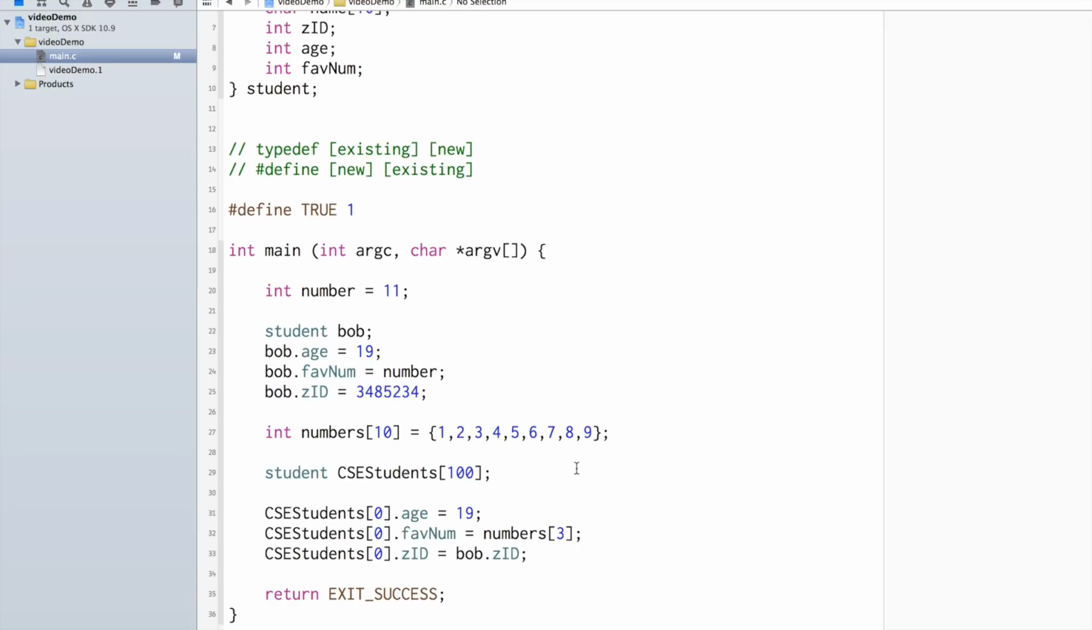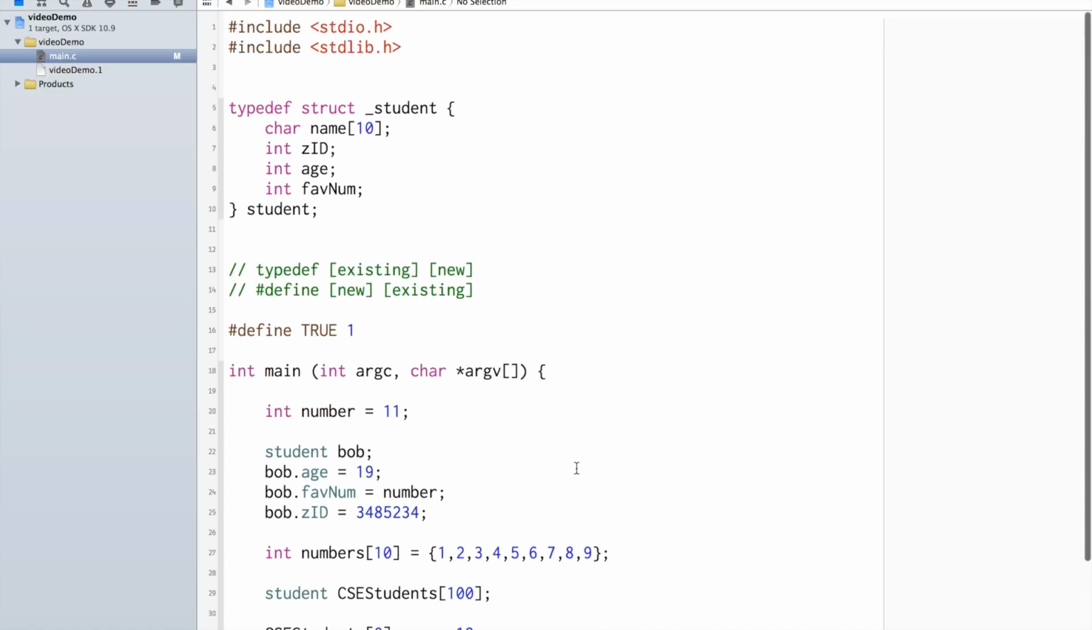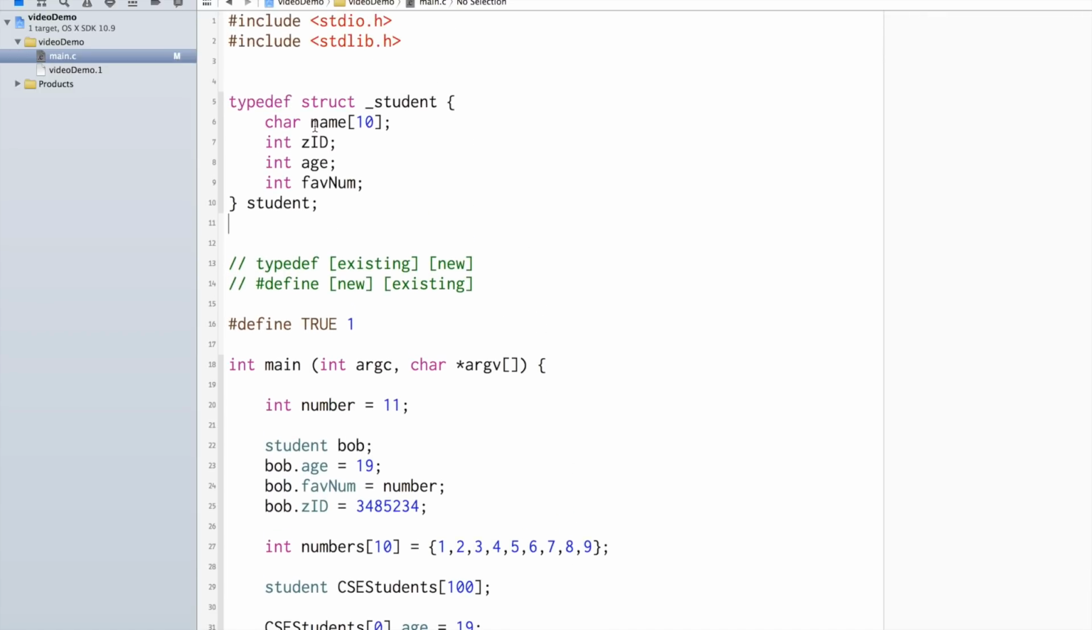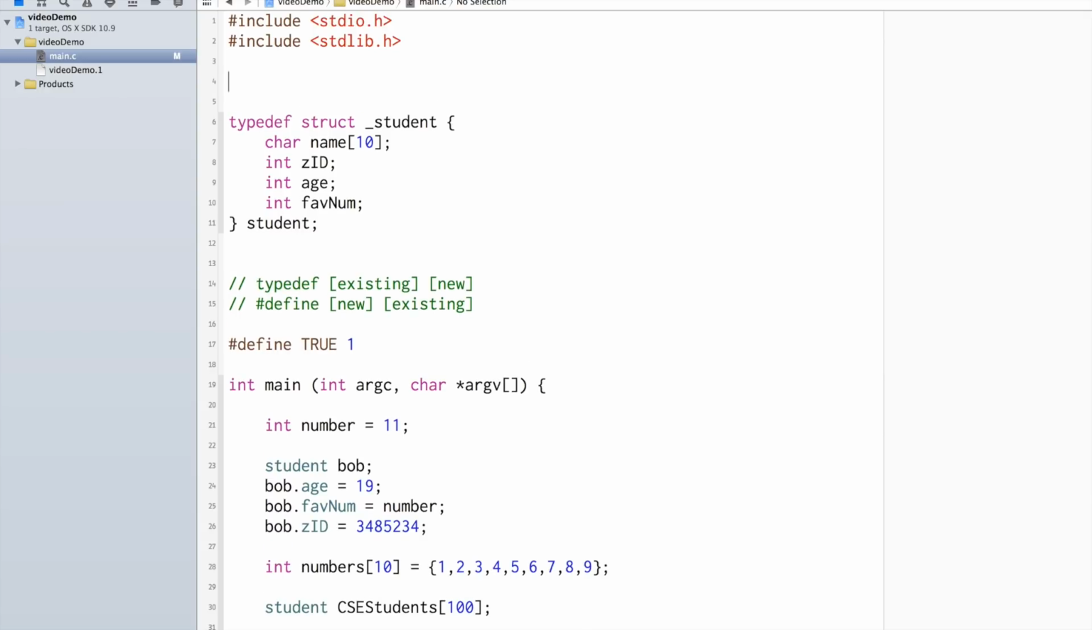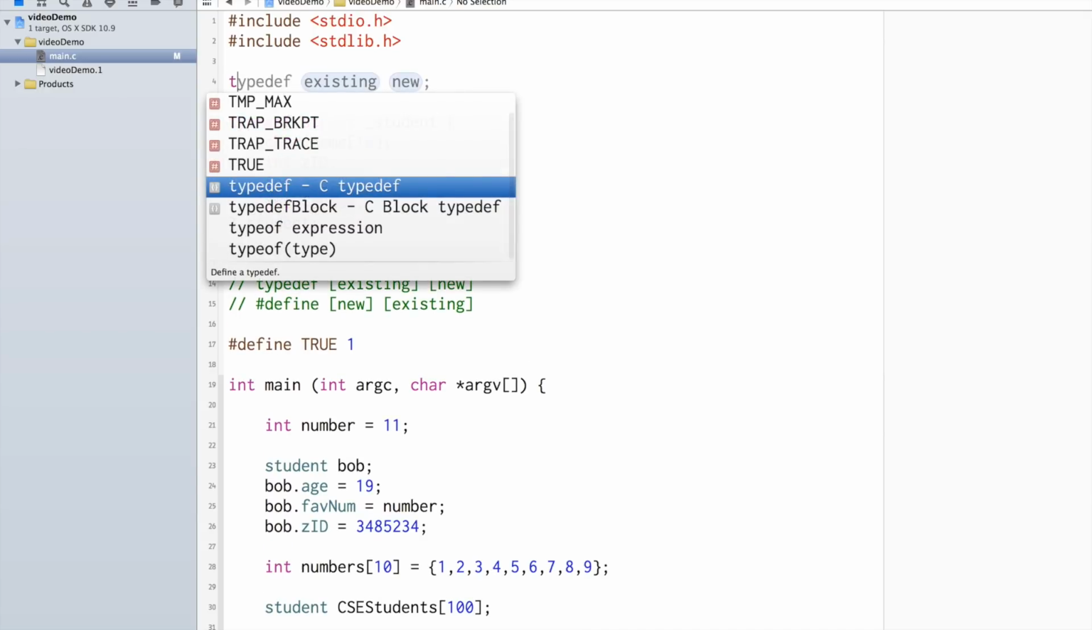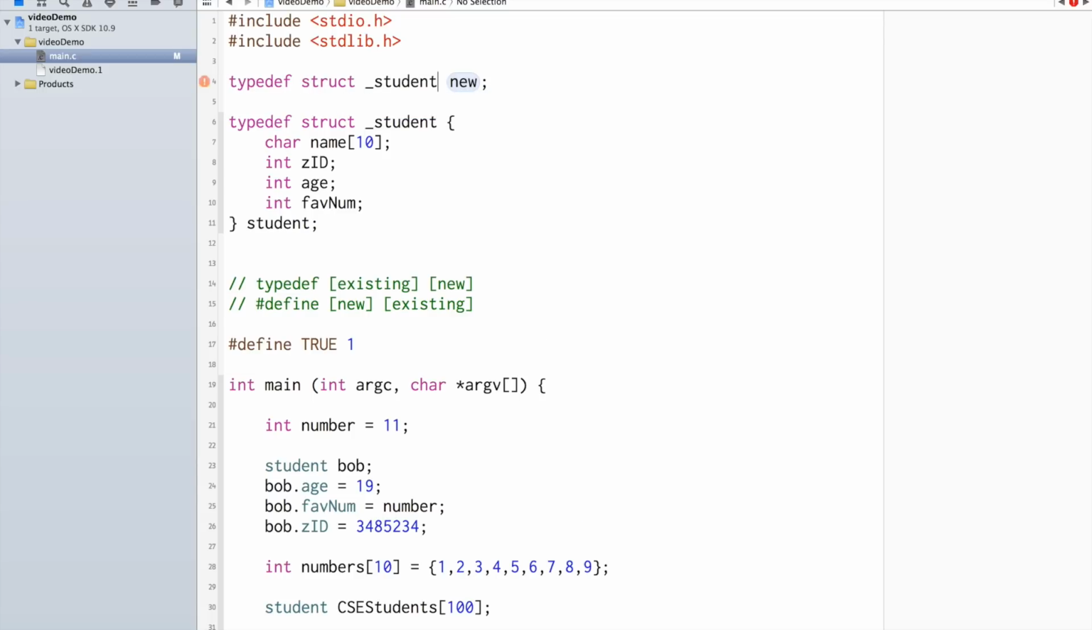You may have seen the arrow notation. If you're not familiar with this, I'll explain for you now what it means. Now that we have this type student, we can typedef that as a student